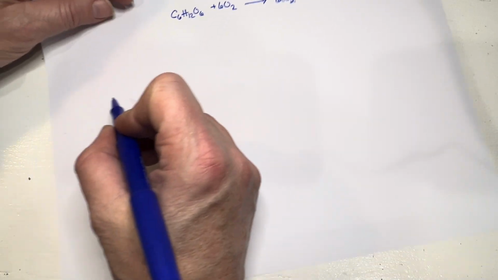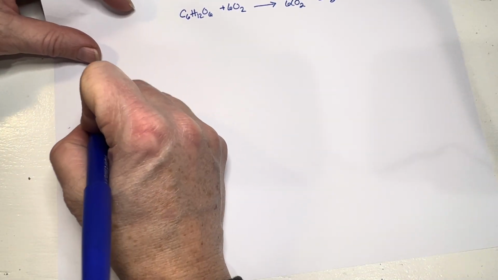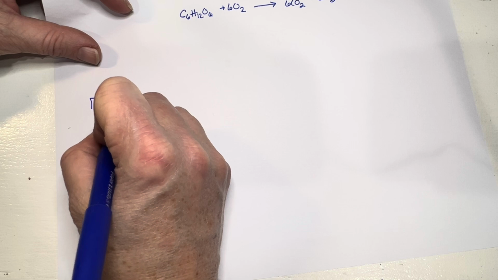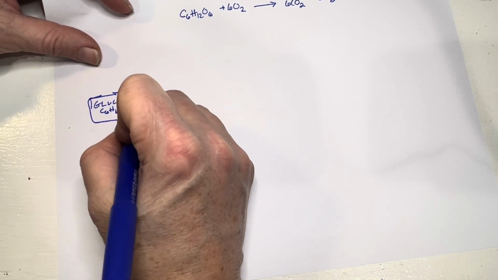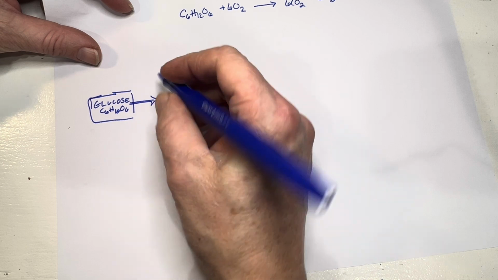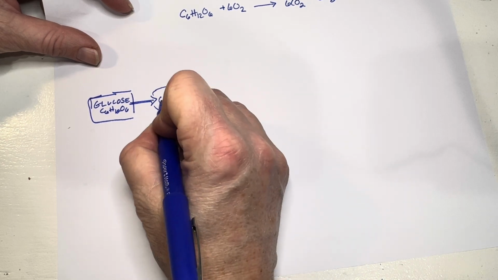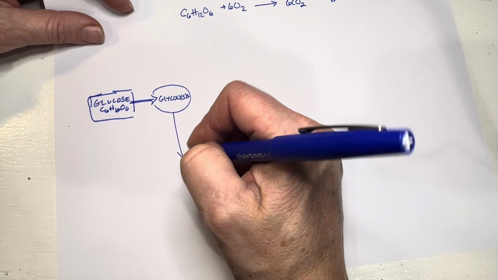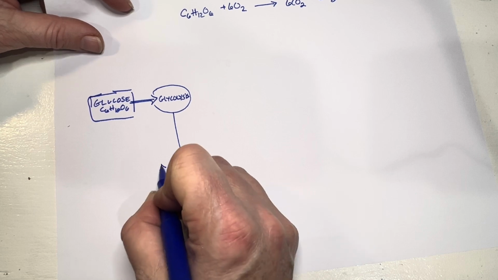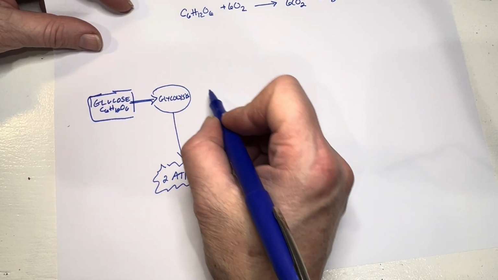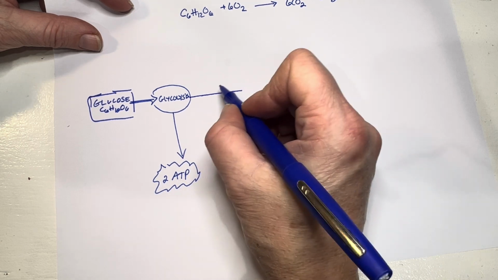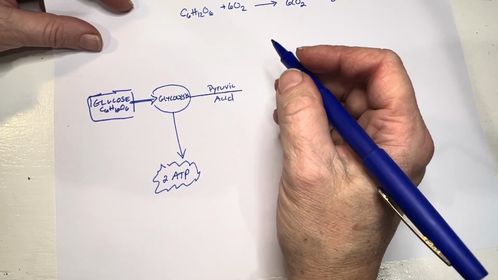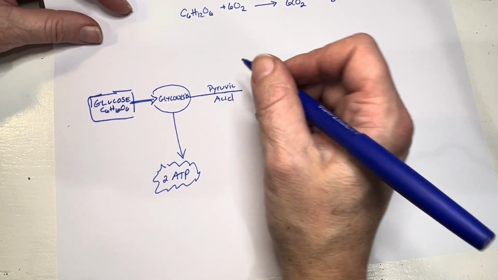All right, so if we are starting this whole process with glucose, this is our glucose molecule. It is that C6H12O6. And this glucose molecule, we already know, is going to go to a pathway called glycolysis. We just covered that. And glycolysis is going to result in the production of ATP, limited numbers, 2 ATP that are net. But it's also going to produce a molecule called pyruvic acid. And that pyruvic acid is going to go on to the mitochondria, where it's going to be used by a